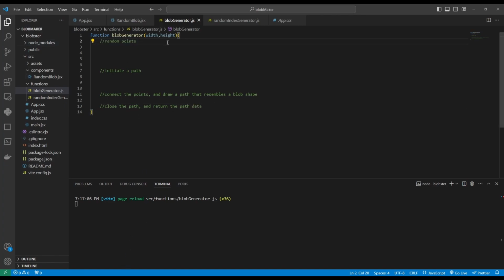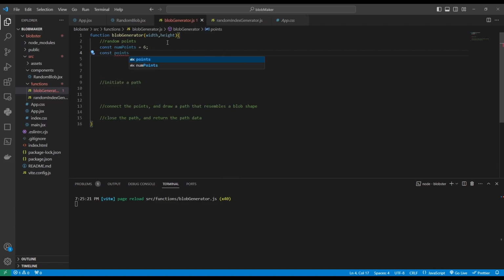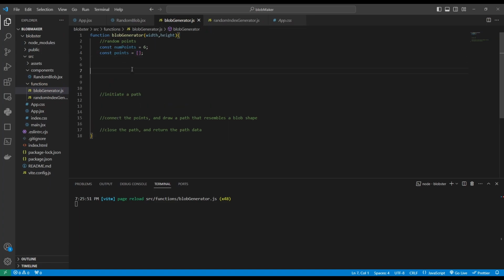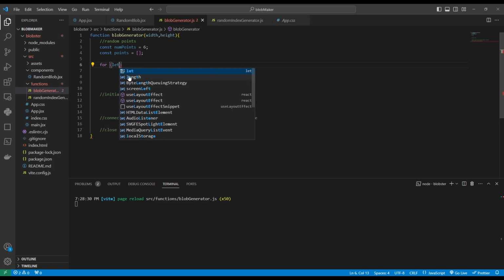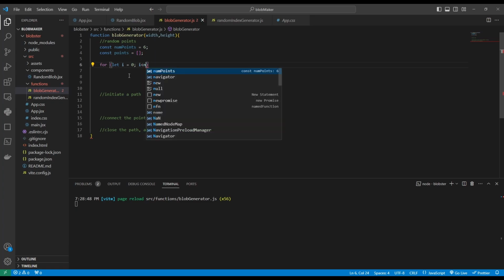All right, time to attend to to-do number 1. First thing we want to do is define the number of points we want our shape to have. Let's make it 6 points. Now let's create an array that's going to hold the points that we're going to create shortly. To create our points and add them to our points array, we're going to create a loop. We're going to loop as many times as numPoints. So let i equal 0, as long as i is less than numPoints,